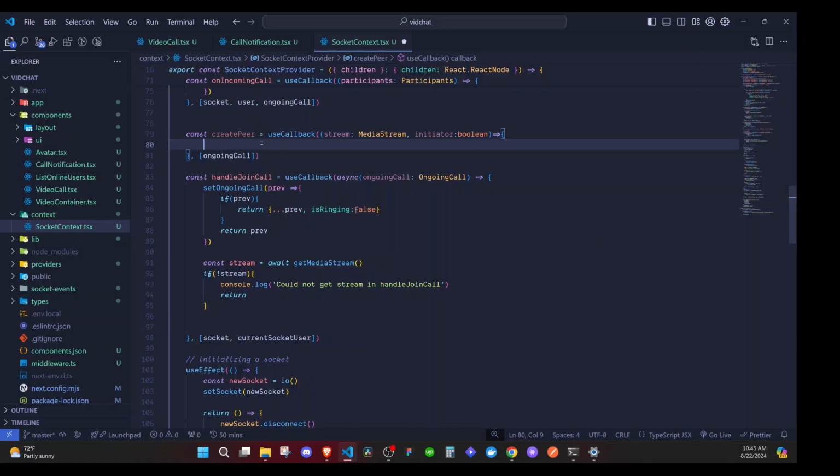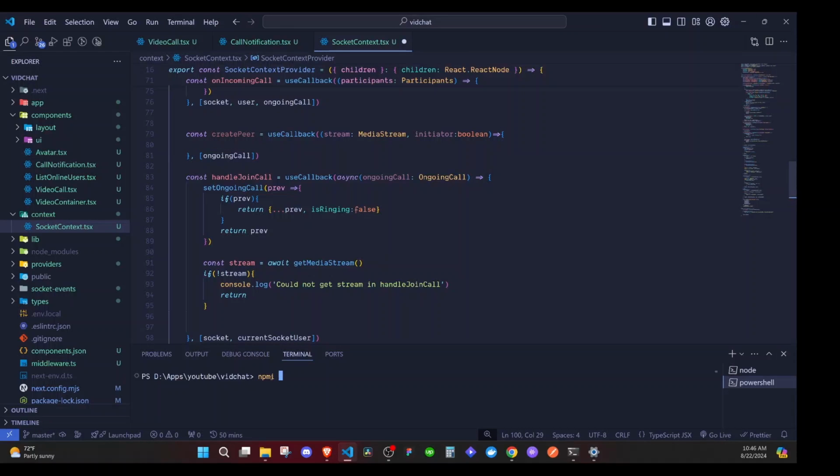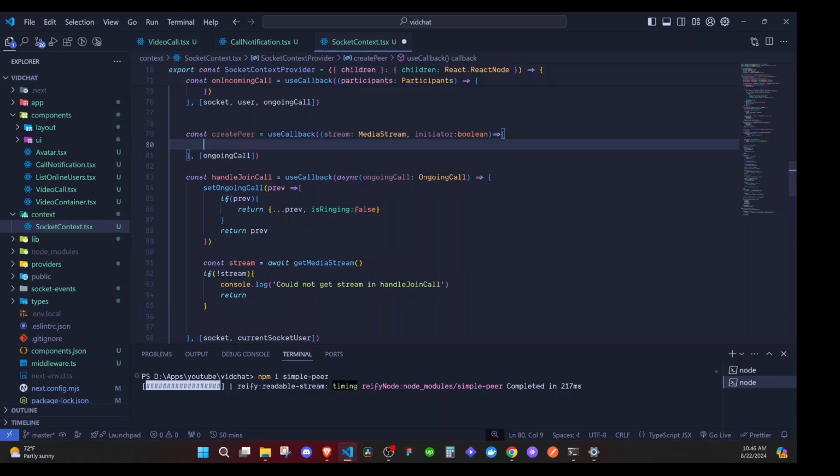So for these to work, we'll make use of a library called simple-peer. So we need to install that particular library. npm i simple-peer, and I hit enter. So as this installs, I'll come back to this create peer here, and we will be needing to configure some